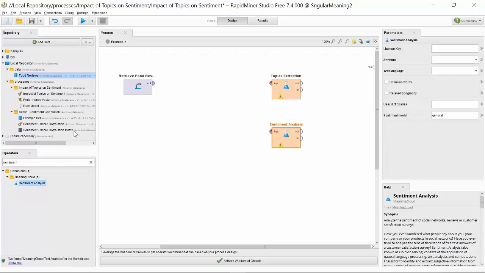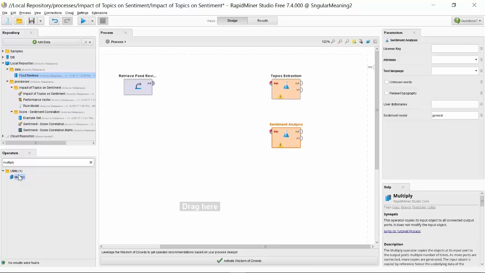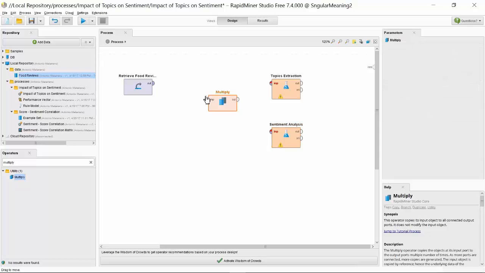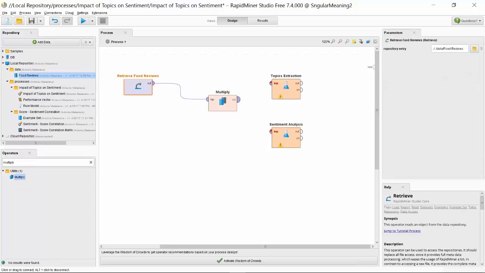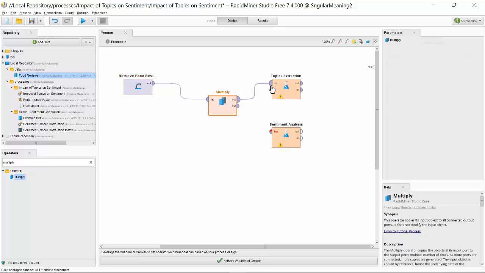Again, to connect my data to both APIs, I need to use a specific operator, which is called multiply, which essentially allows me to connect my data to both of these APIs.